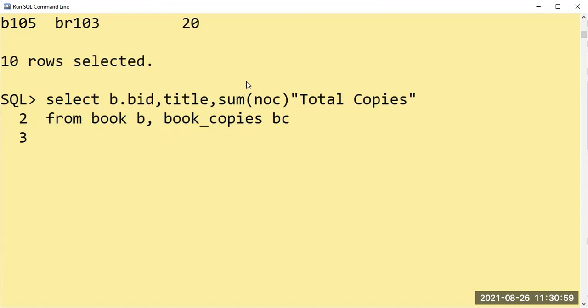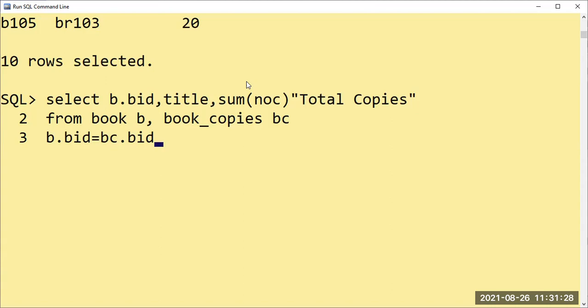Book ID is present in the book table, and book ID is present in book copies also. So we have to write B dot BID equal to BC dot BID, because we are taking BID from the book copies table.